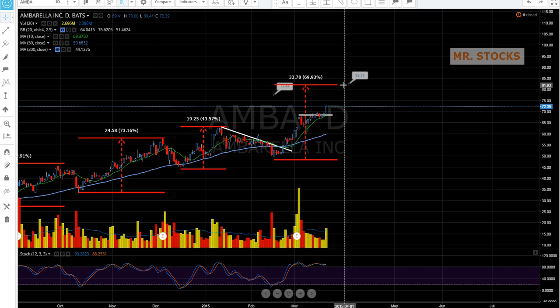And now what does that mean? Am I guaranteeing that it's going to go to 82? I have no idea where it's going to go. I have no idea what's going to happen next. Technicals is not a guarantee or a predictive kind of study. It's a guideline to what could happen potentially, and the market could turn bearish tomorrow on some